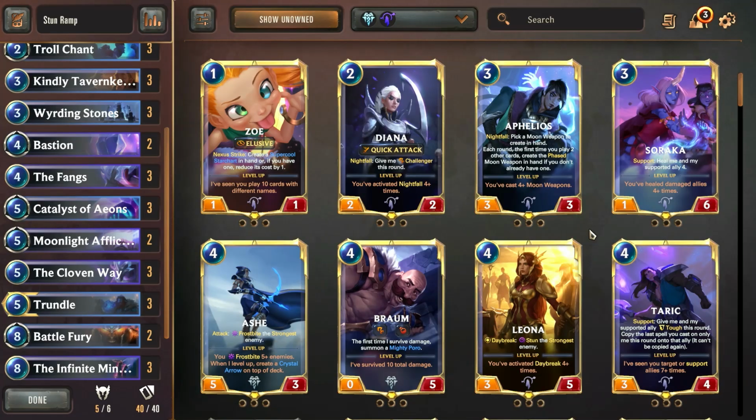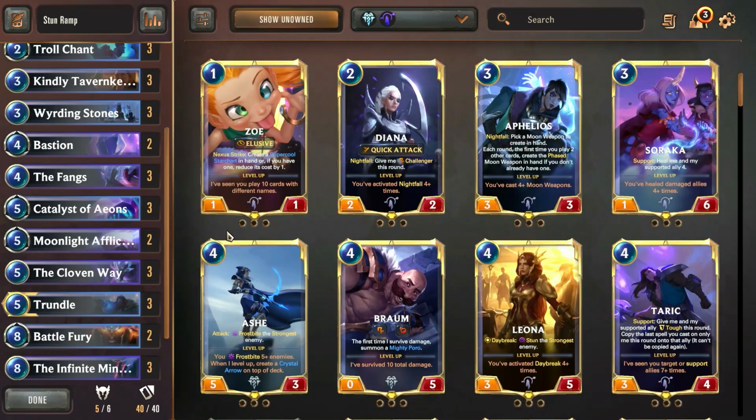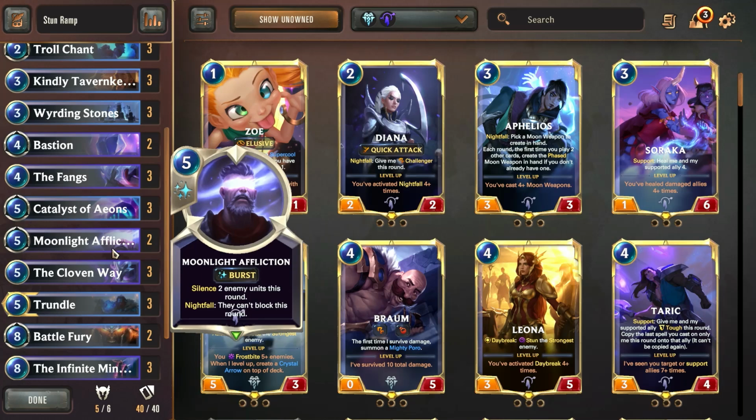We get another unit out on the board. We play the Ice Pillar, we refill our mana, counts as like a Nightfall activator, and with any Celestial cards we're invoking with the Fangs. So we do have a little bit of ways around activating the Nightfall card, but the stun and the preventing our enemy from blocking is just another win condition that I think actually adds quite a bit of use and